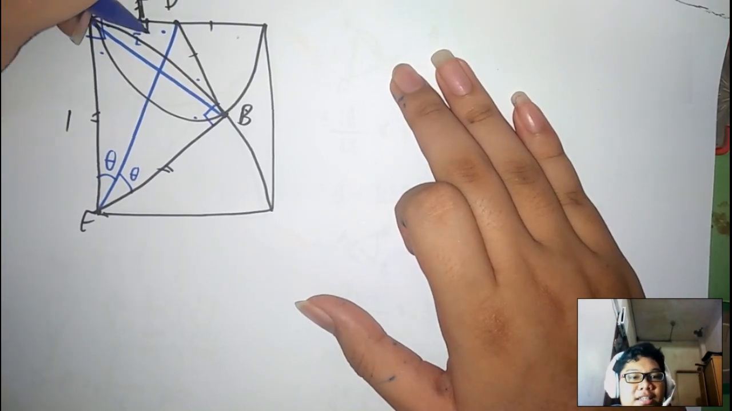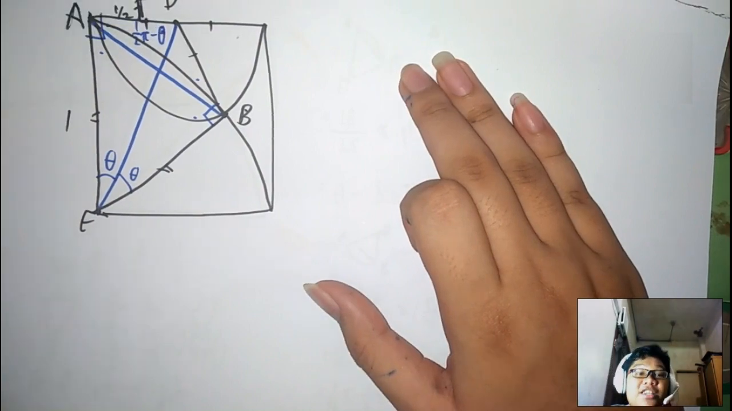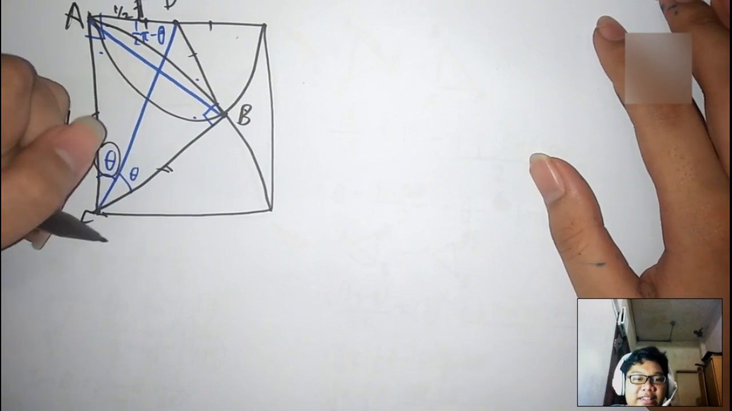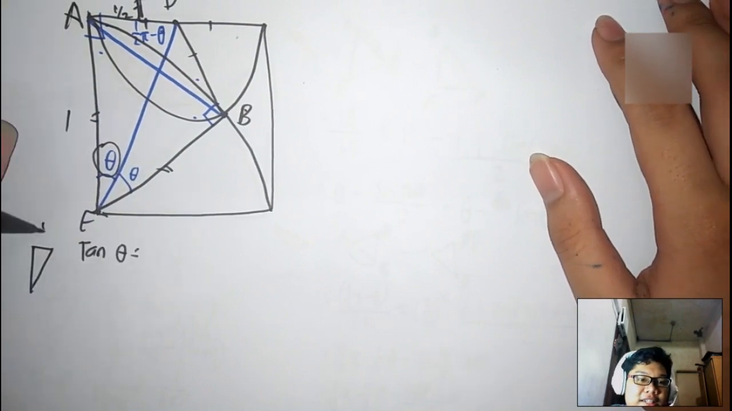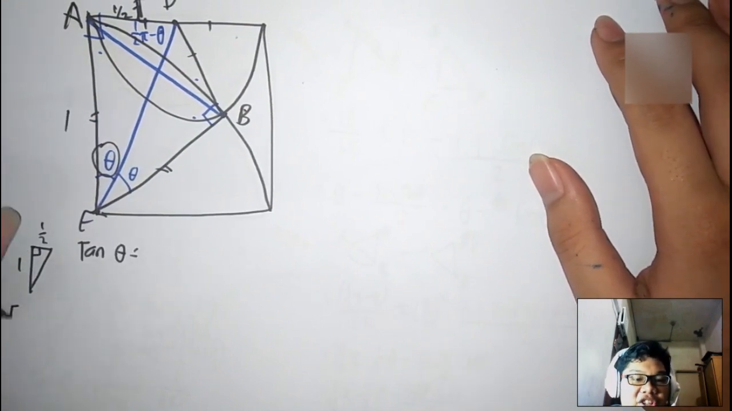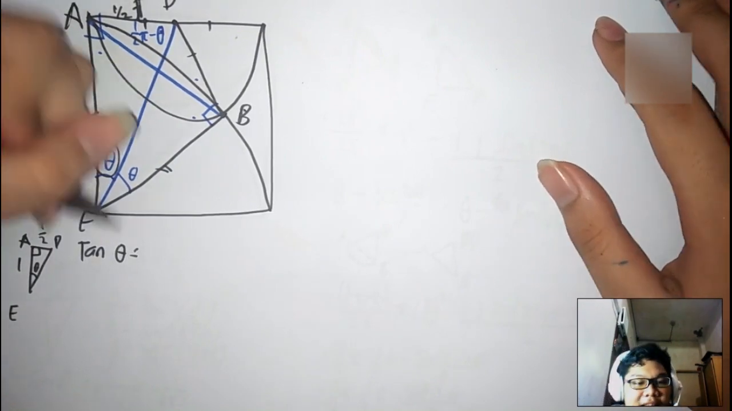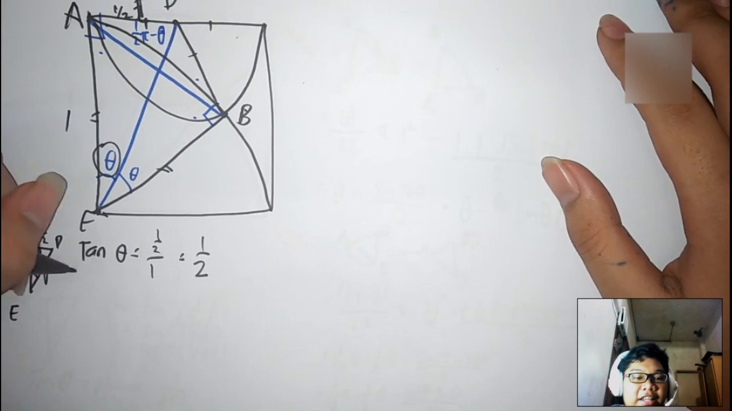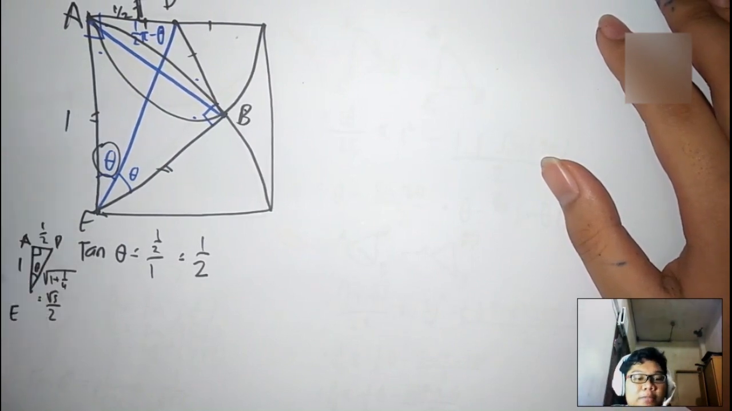The ADE angle is equal to 90 degrees minus theta, or a half of pi minus theta. How do we find theta? Let's use the ABE triangle. It has half and one side, and we know that tan theta is a half divided by 1. Tan theta is a half, and we know the hypotenuse is the square root of 1 squared plus half squared, which is